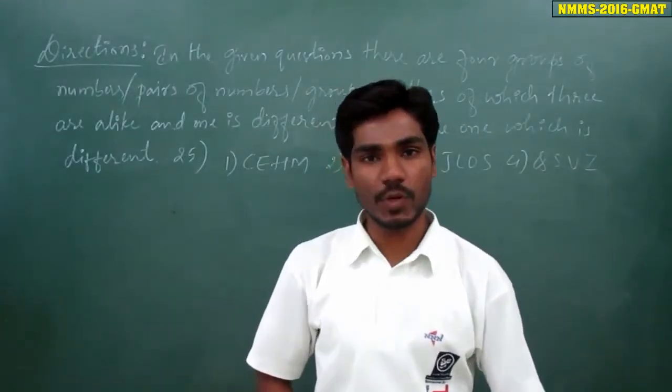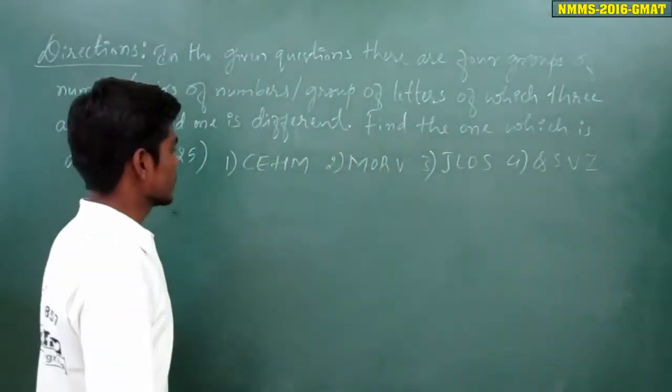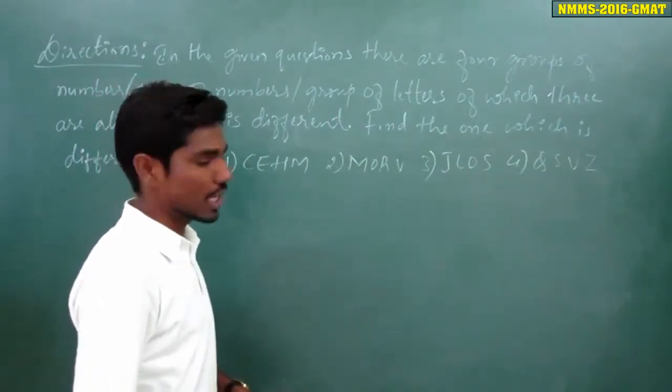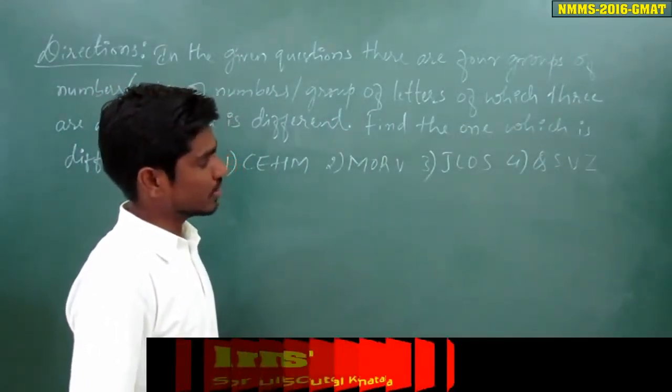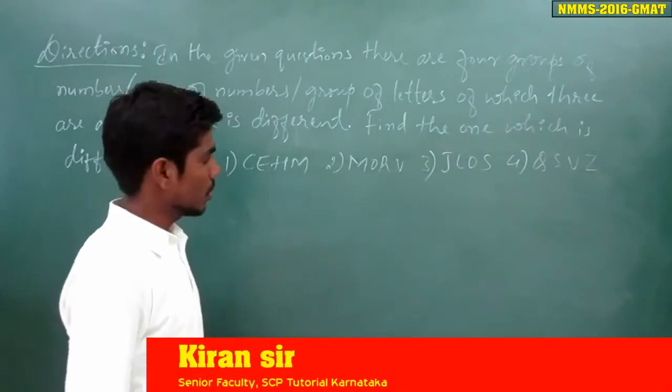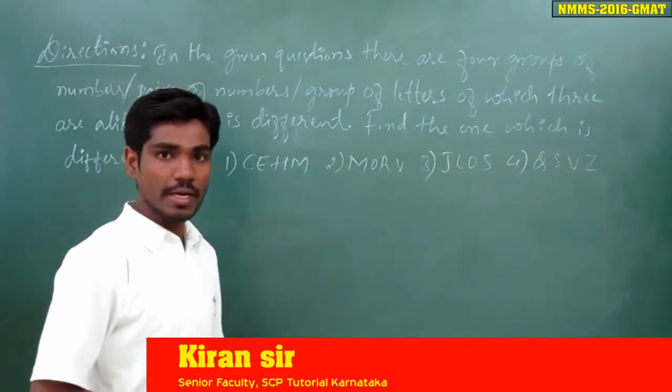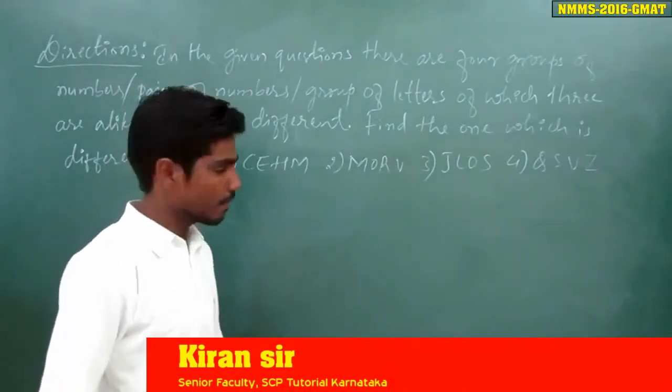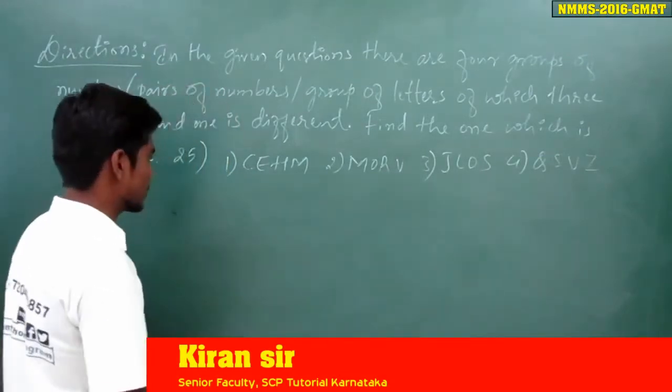Well friends, here is the next problem. The given problem is CEHM, MORV, JLOS and QSVZ. Out of these four, three are alike and one is different. We have to find that one. To solve this, first let me write